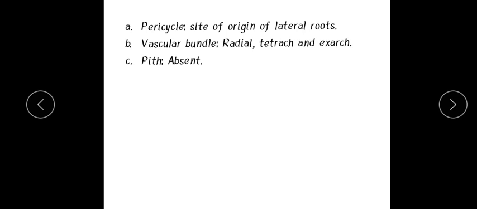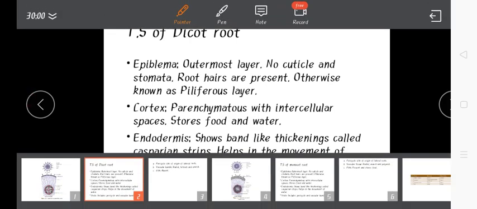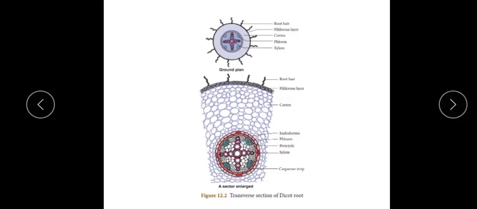Okay, next I repeat once again. Let's just sum up what we did in the last class. Here you have one diagram on the top. You can have a look at this diagram. This is called the ground plan. Don't bother much about this. You need not draw this diagram at all. You have to concentrate only on this larger one, the enlarged view I can say. Don't worry about this one. This is not for you. This is only for the higher secondary classes. So let's go on with this one.